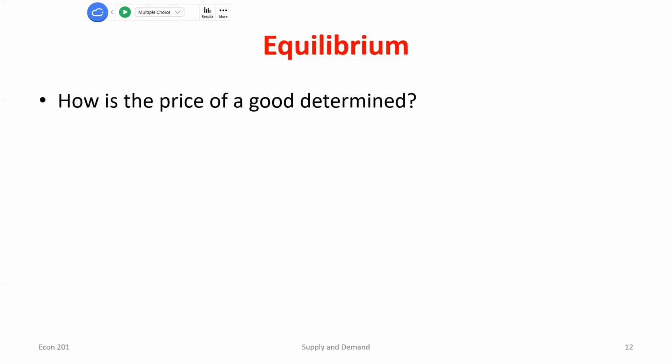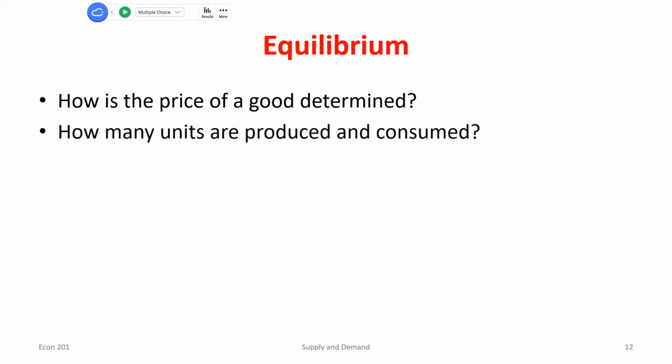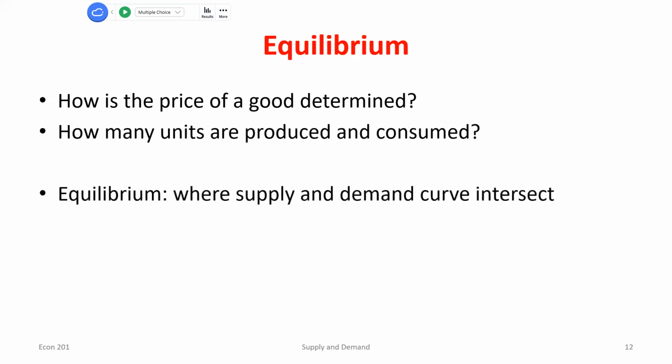So the idea would be kind of equilibrium. All right, so I'm using this idea of any good. We can think about how much of it is going to be purchased and sold on the market. So I think we've got different questions, right? How many units? What is the price going to be? Basically, you can summarize this all down to one line. Visually, and we'll talk through why in just a second, as you're working through homework problems or when we get to the exam, even if you're completely lost as to why,